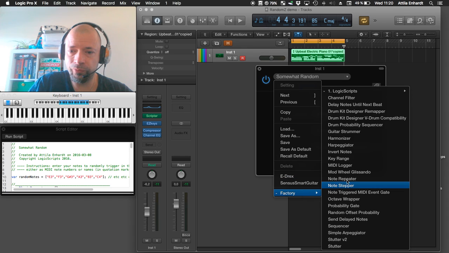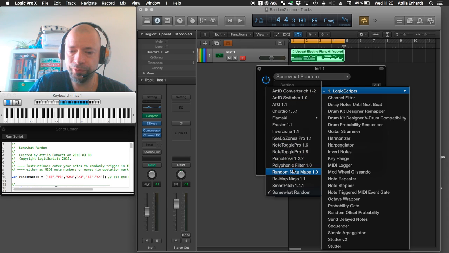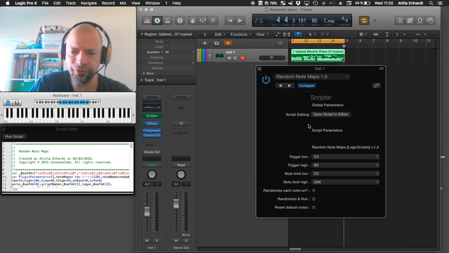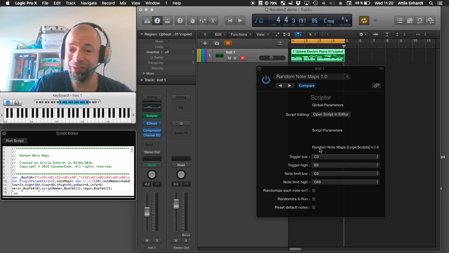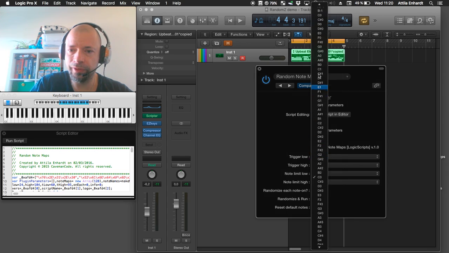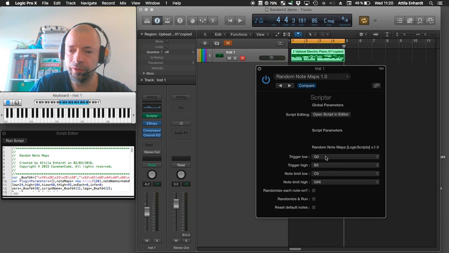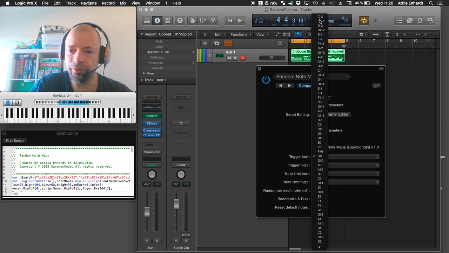I also have another one called Random Note Maps. It does a similar thing. However, here you do not enter any predefined notes. Here you tell the script to look out for this range of trigger notes from, let's say, C3 to B5. Let's put it even. Let's just make it the entire keyboard. Okay. So anything that comes in